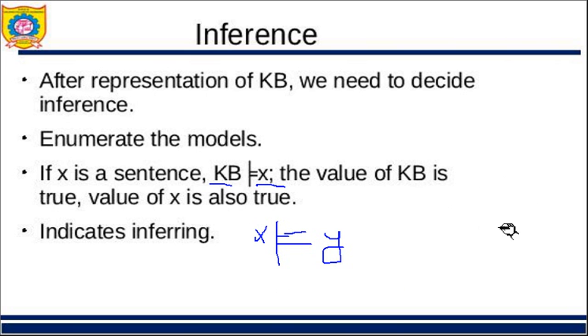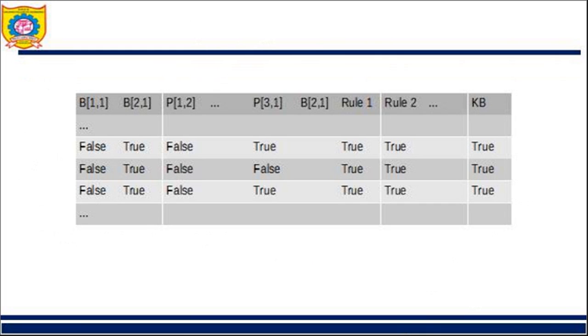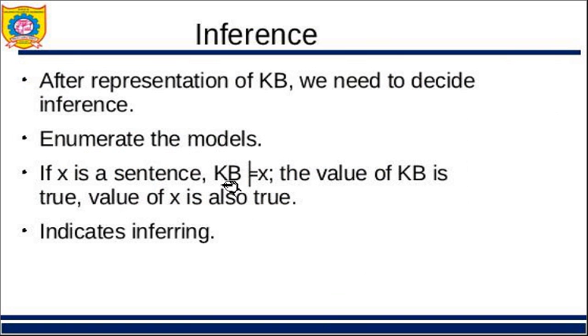So whenever we say knowledge base, at the end of the knowledge base we have to derive the conclusion. Again, we will see this is also called entailment, that is, knowledge base entails X. I can say knowledge base entails X if and only if X is true in all worlds where the knowledge base is also true. So if the knowledge base is true, X also has to be true, then I can say that knowledge base entails X or knowledge base concludes X.